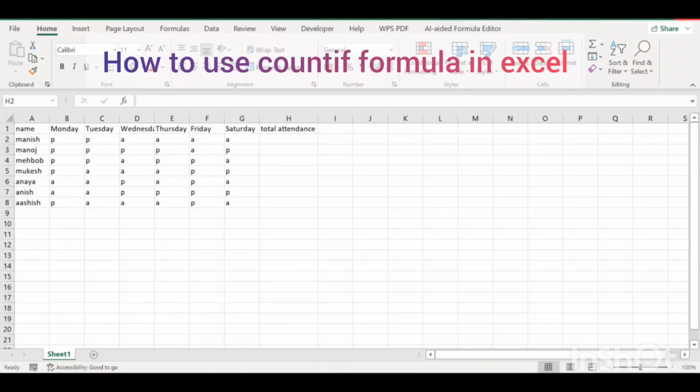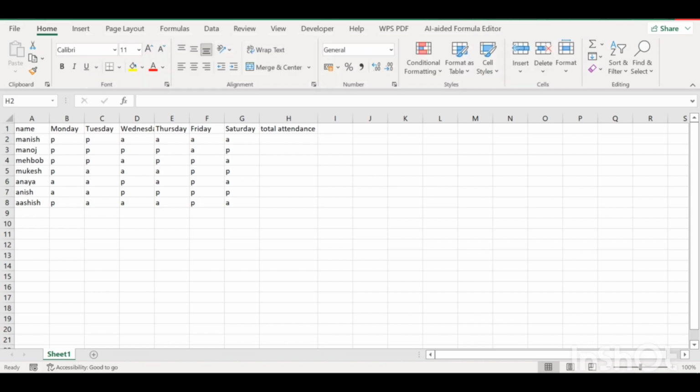Hello everyone. So today we will learn what is the use of COUNTIF formula in Excel. So for that we have one question. We need to find the total attendance of students from Monday to Saturday. So for that we will write